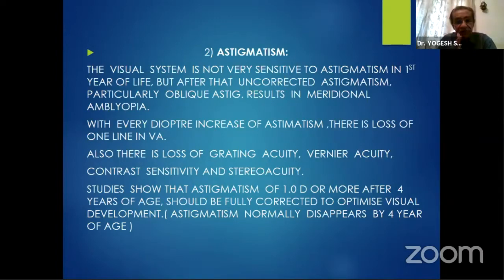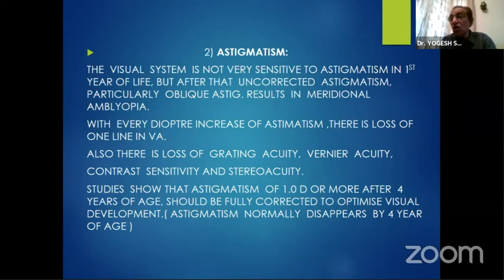Now, just listen. With every diopter of increase in astigmatism, there is a loss of one line of visual acuity. That starts after 1 year. Also, there is loss of grating acuity, vernier acuity, contrast sensitivity, and stereo acuity. This is all we see after 6 years, because before that, these